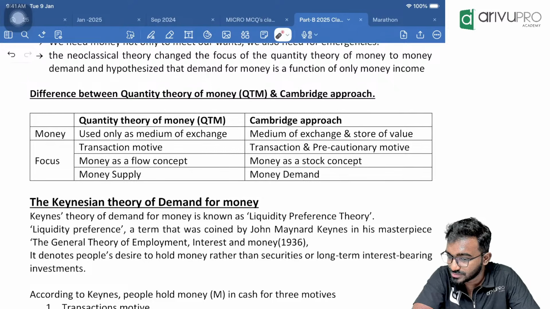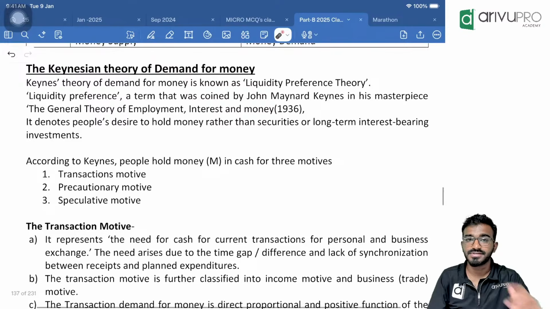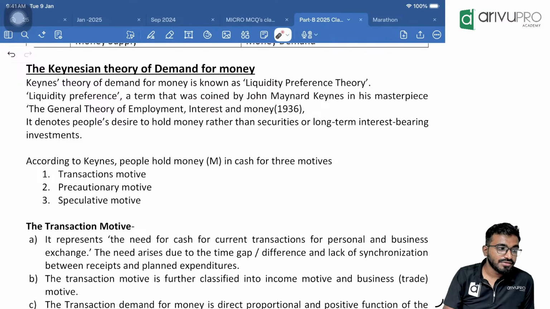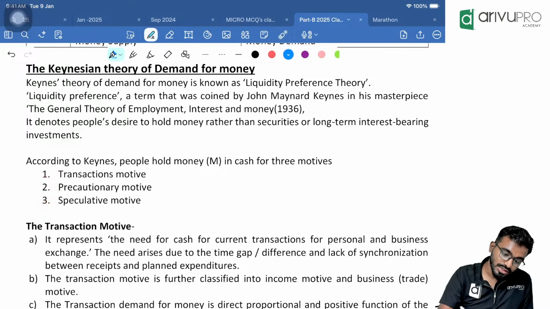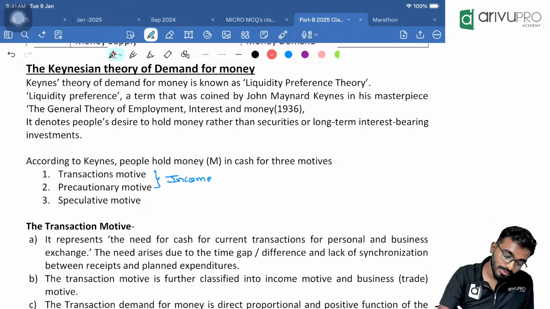Yes. Chalo, let's continue. So the third and the most important theory, that is Keynesian theory. In case of a Keynesian theory, there are 3 main purposes: transaction, precautionary, speculative. The first two, transaction and precautionary purpose, are dependent on income. If you earn more income, you will spend more money to buy more goods and services. If you are earning less income, you will spend less money on goods and services. But the speculative money, this is what is